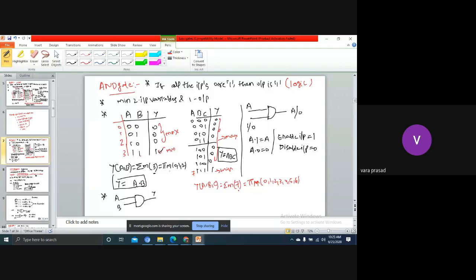How am I going to write a comma b comma c, y of, okay, I can write y is, okay, a is 1 then a, b is 1 means b, c is 1 means c, a dot b dot c. And for this one the symbol is, 3 inputs, y is equal to a dot b dot c. And enable input, disable input. Enable input